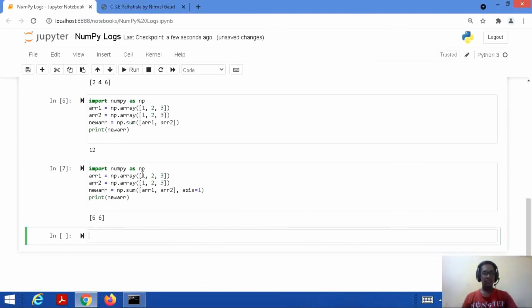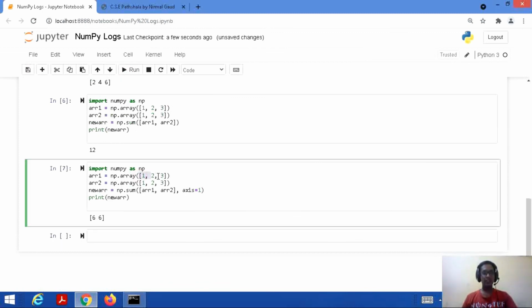So here it is. All the elements on axis 1 are added. So respectively the elements of array 1, they are present on the first axis, they are added. So its result is 6. Also for ARR2, its elements are also on axis 1. Actually it's a 1D array now, so as per the definition of a 1D array, these elements are considered on axis 1, and respectively the output is the sum of all those elements. So here it is also 6 and here also 6, so we got the output as 6 6.